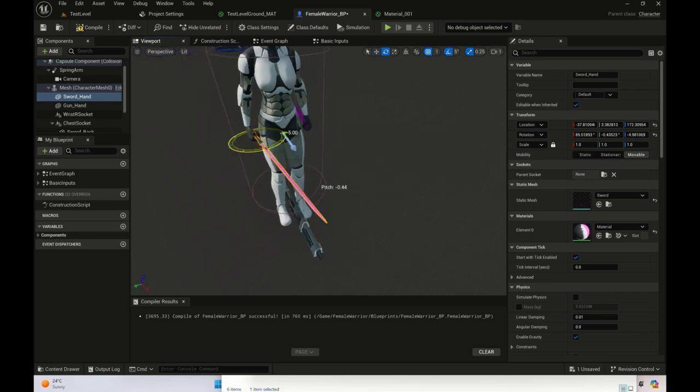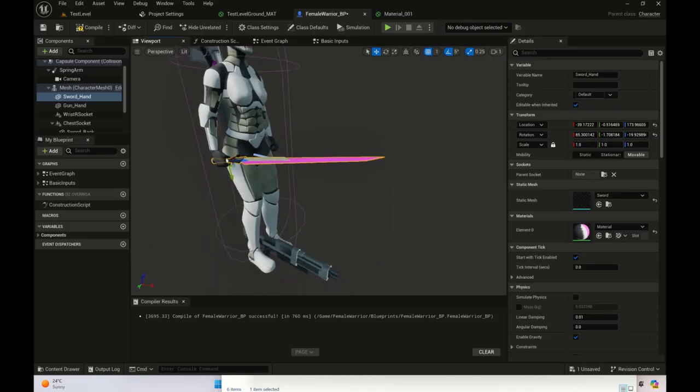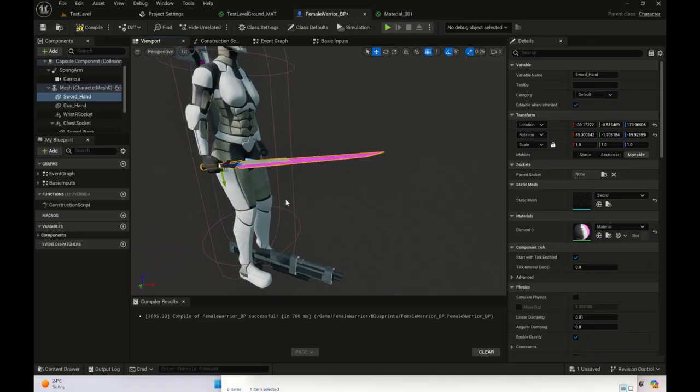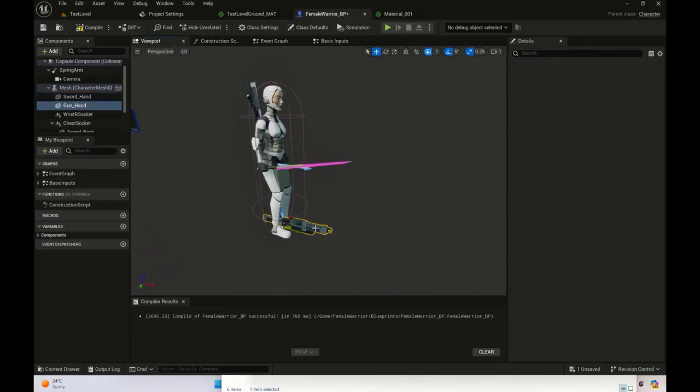I personally don't like doing that because it is kind of a pain to pull off, but I do see a lot of people doing it on YouTube. That's the original way that I learned, but I just like doing it this way, where I have the weapons both in the hand and